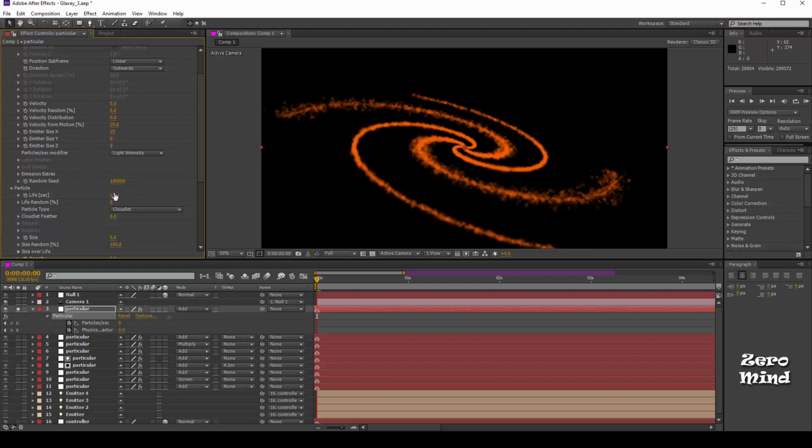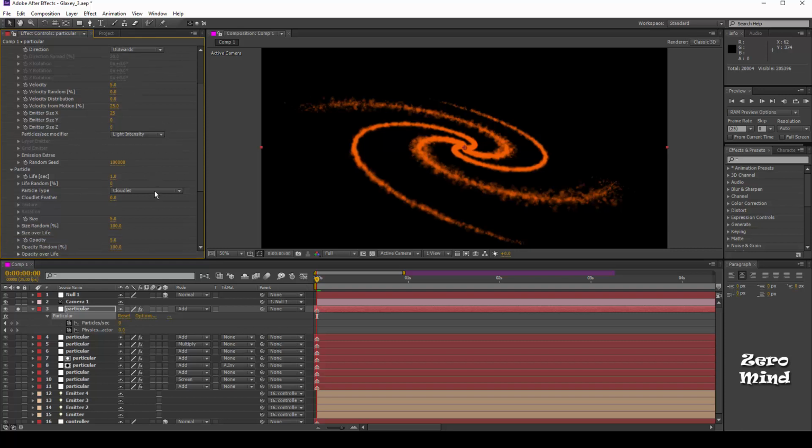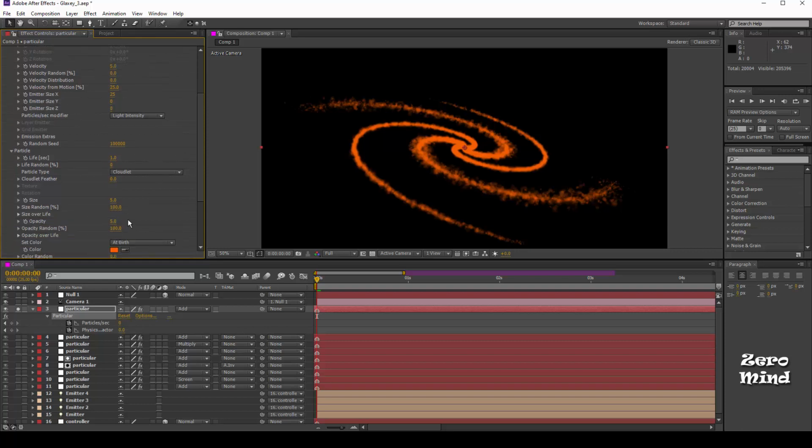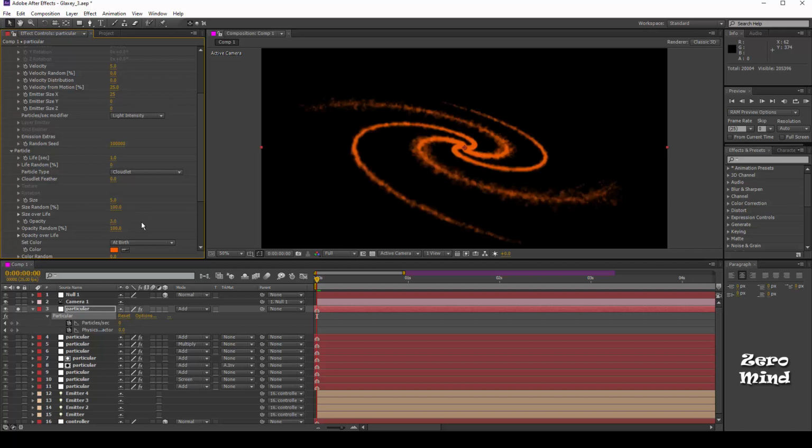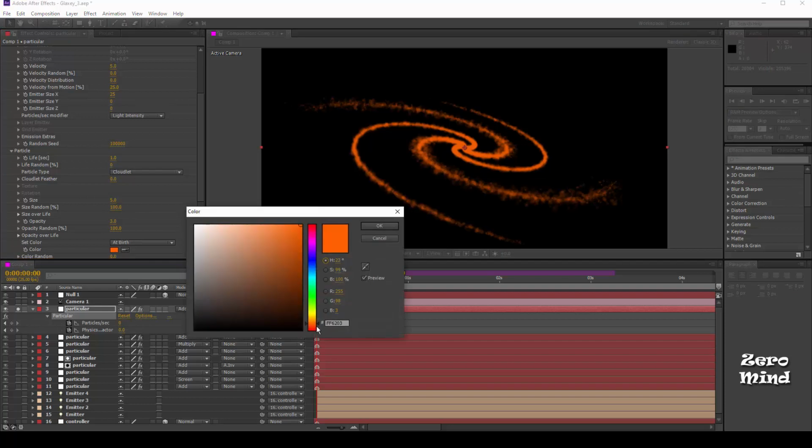Change the life to 1.0 for fade in, swirl, and cloud size 5. Keep the opacity around 3.0, and change the color to reddish orange.